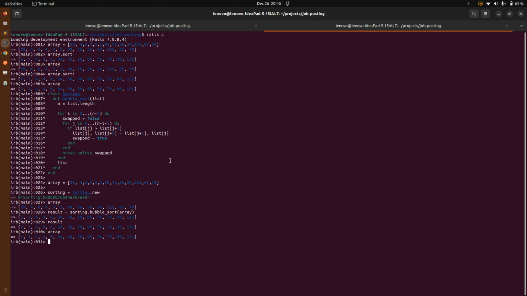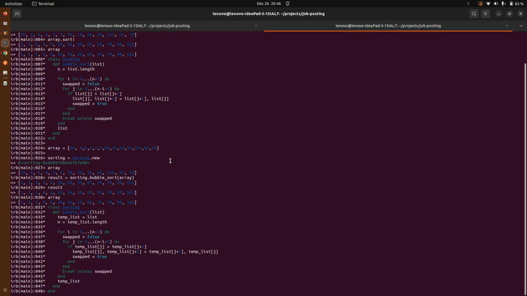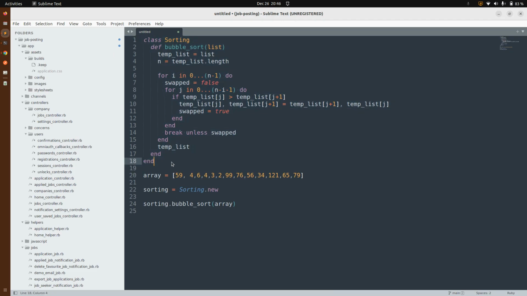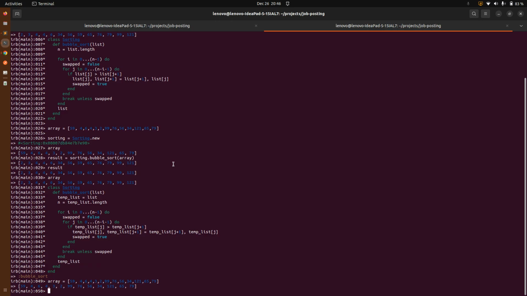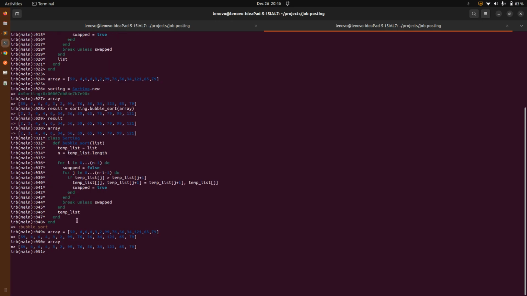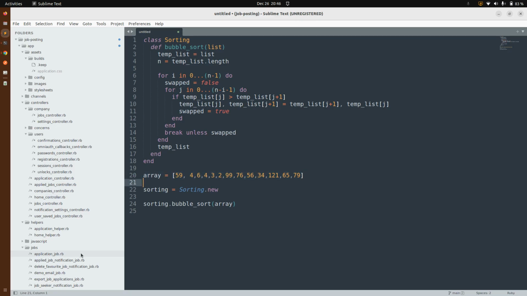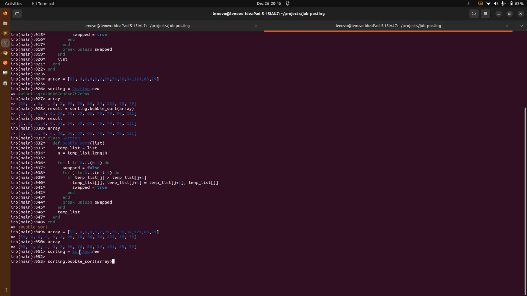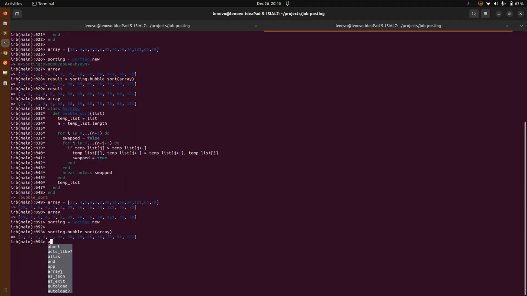So let's paste it here. Now let's define our array. Our array is right now this unsorted and random array. Now let's call this. When you call this, you will get the sorted array in the result. But if you try to print your actual array that you pass to this bubble sort method, you can